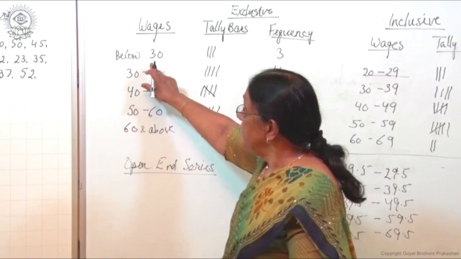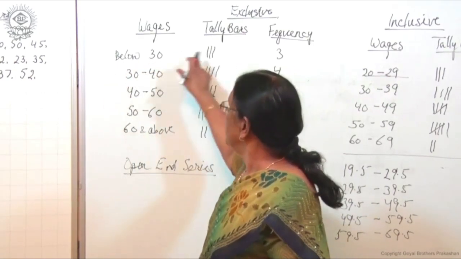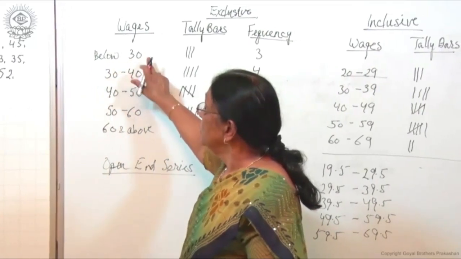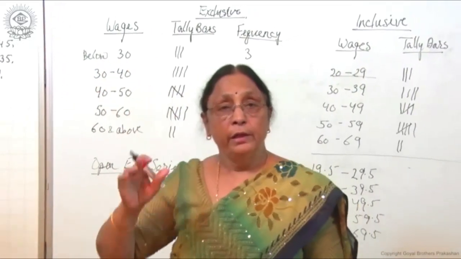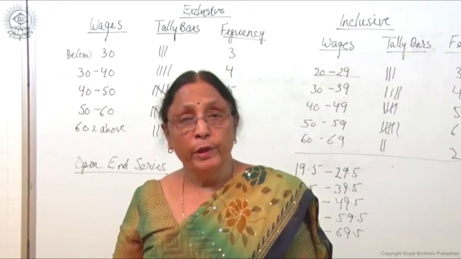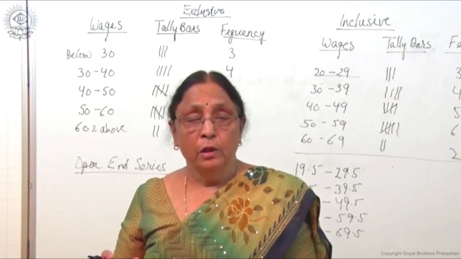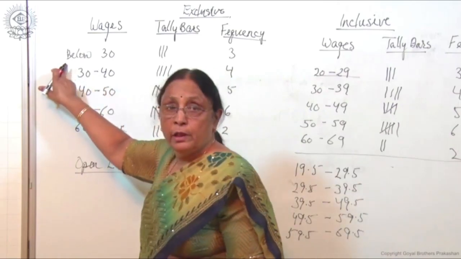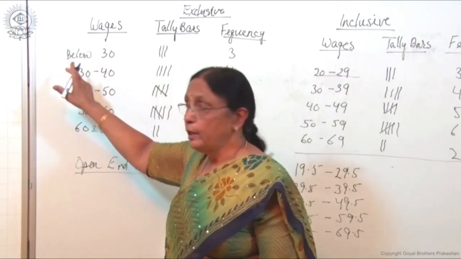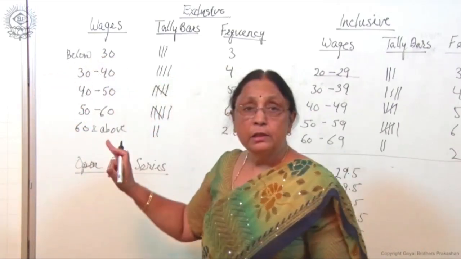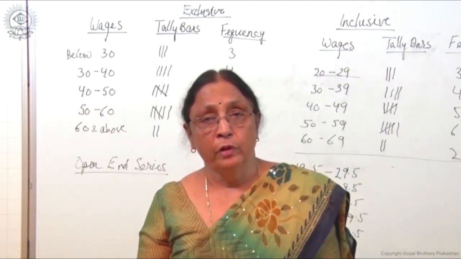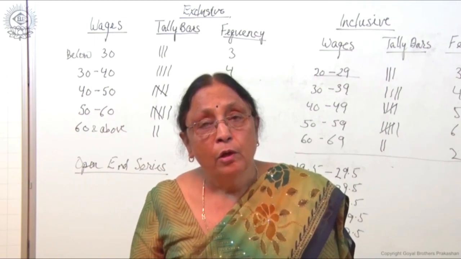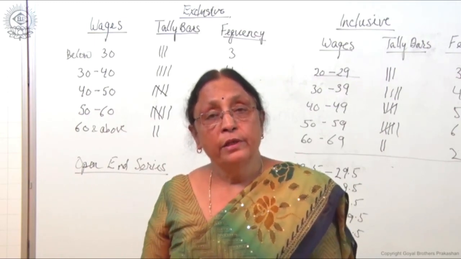Now what does it mean? In this category workers are getting wages below 30, it can be 10, 20 or 29, 25, whatever, or it can be 2, 3, whatever. So no limit is given, it is below 30 they are getting, and here workers are getting 60 and above. Now this type of distribution is known as open end series, open end class,